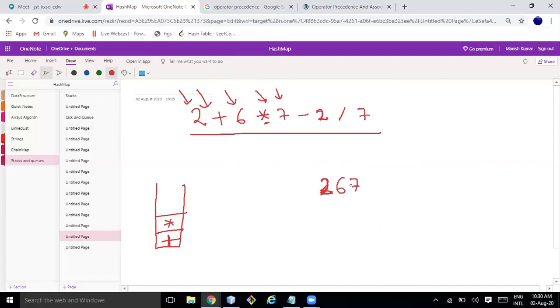I reached 7. Next, I check with this one: does this star have more precedence, or this minus? This star has more precedence, so I pop it out and place this star here.